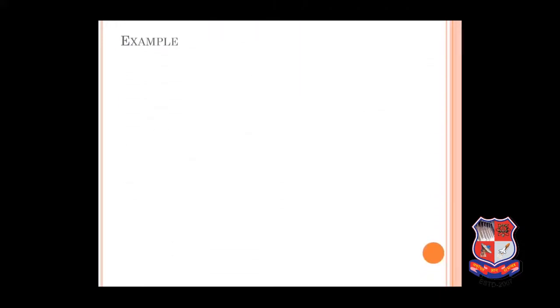So let's take an example. First stdio.h, conio.h, then void main. After that we will be creating a file pointer, FILE star fp. File pointer I have created and its name is fp. Character ch. fp is equal to fopen 1.txt comma w. W stands for mode, in which mode I have to open my file.